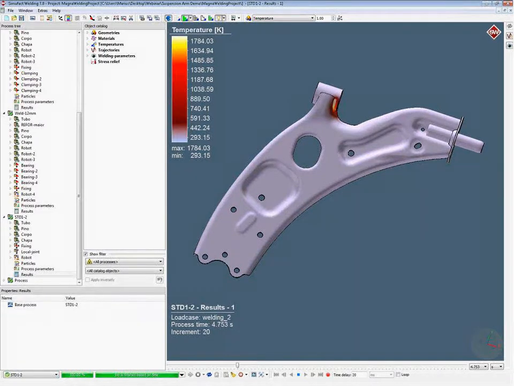And yeah, you get a temperature input. So we have lines around here, another line here, here, and around the